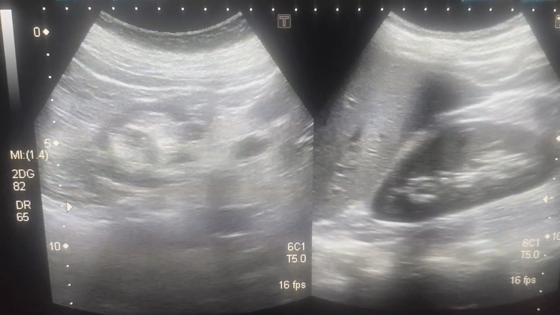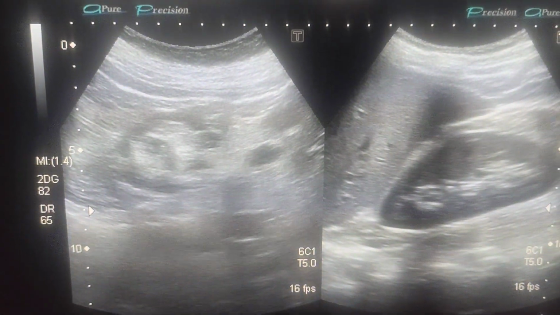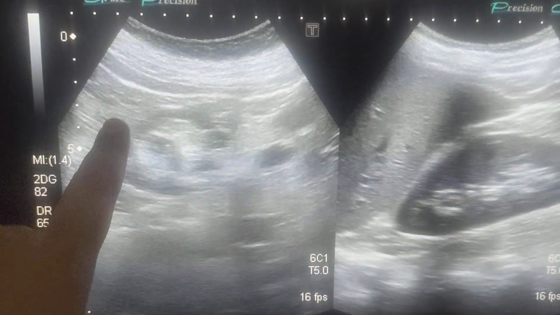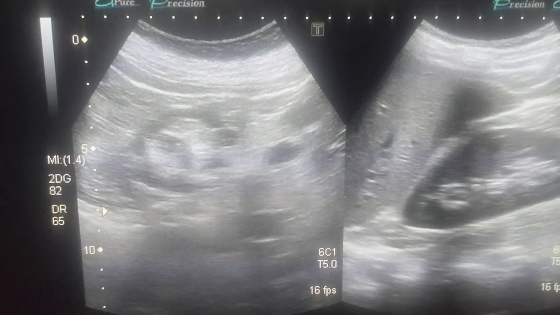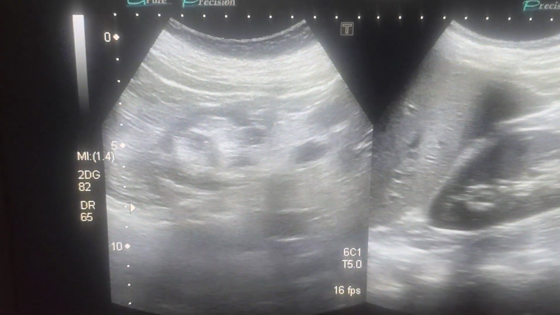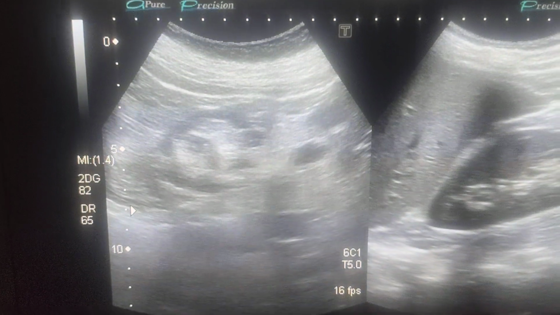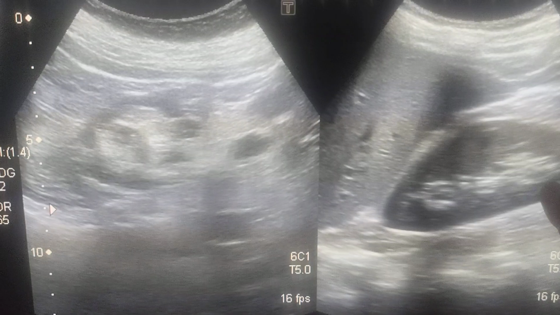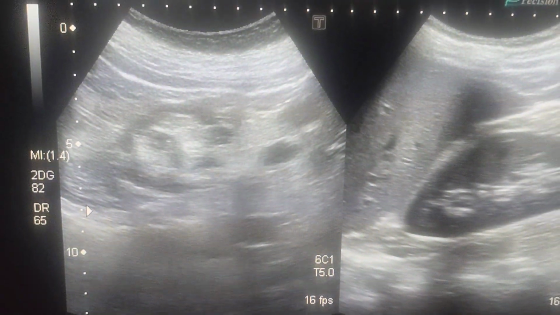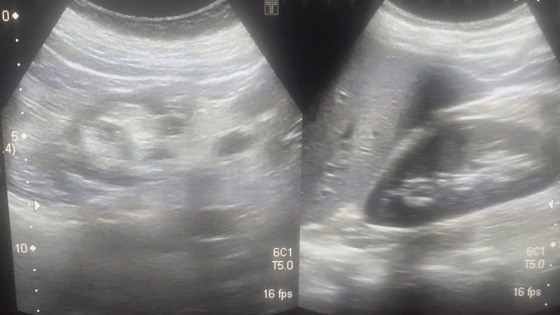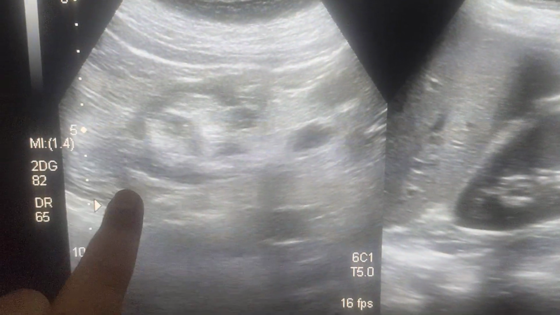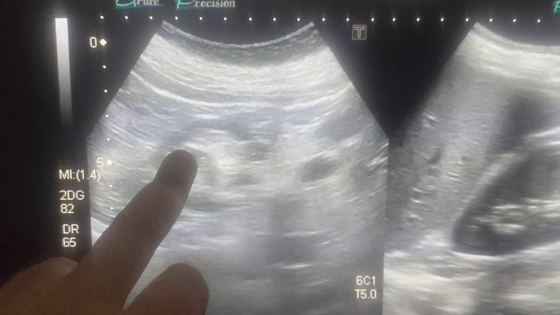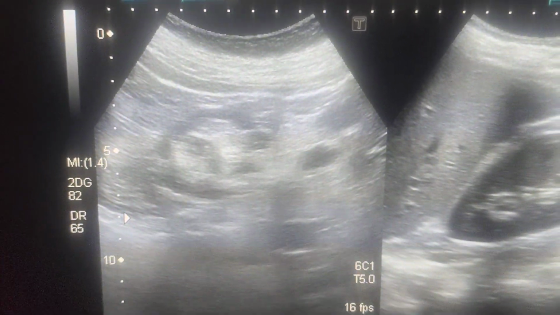In this ultrasound video, we will compare the two kidneys, normal and kidney with parenchymal disease. This kidney shows enhanced echogenicity, which appears brighter on ultrasound. When we compare the right kidney, which is normal, the texture shows normal echogenicity. But on the left side of the screen, the kidney shows enhanced echogenicity and cortical thinning is seen in this